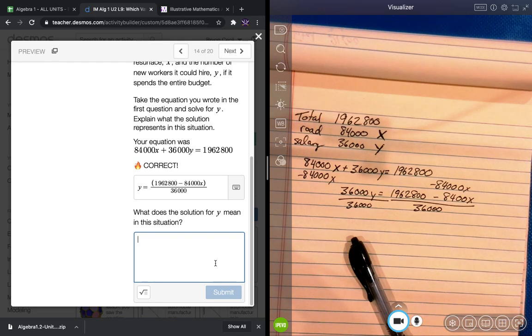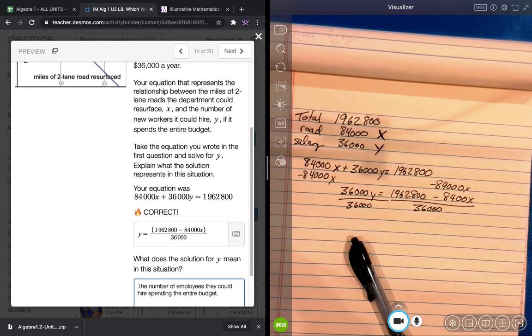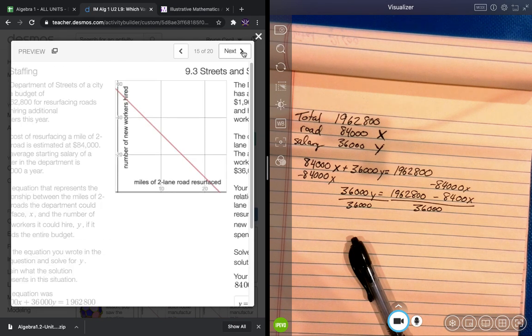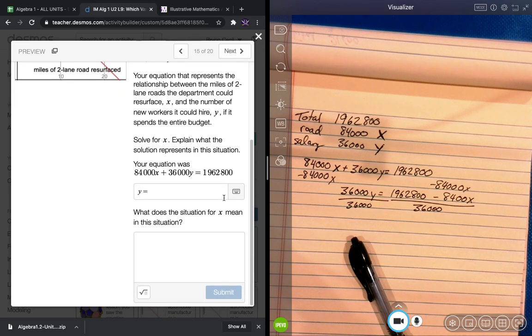And what does that mean, guys? When we look at this, if we're solving for y, remember that's the number of employees. So that would be the number of employees they could hire spending the entire budget, without knowing how many miles they're going to have. Okay, so right here, guys, and then when we solve for x,